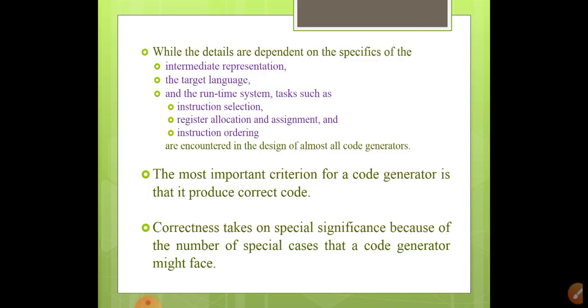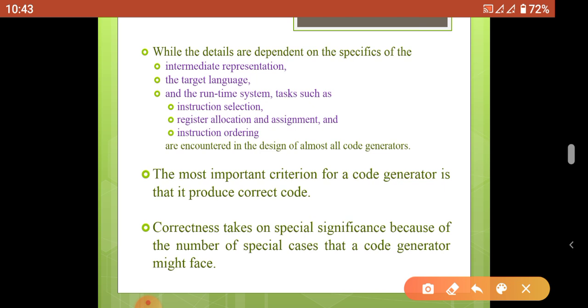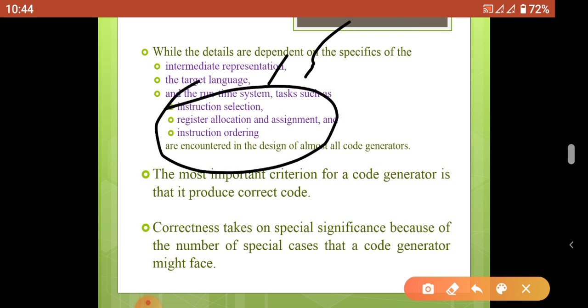In this slide, the input of the code generation phase is an intermediate representation that may be in different forms: three address code, syntax tree, DAG or something else. The output may be an assembly language program or otherwise a machine language program. For this conversion, we are going to perform these activities.